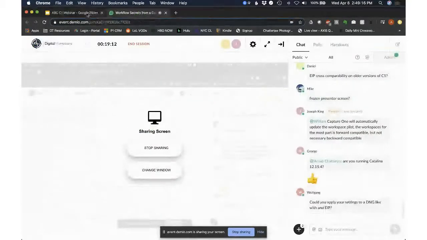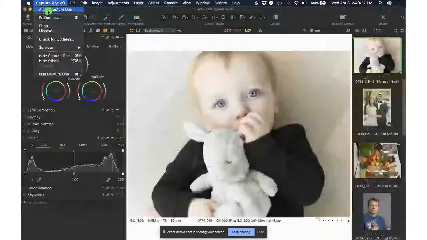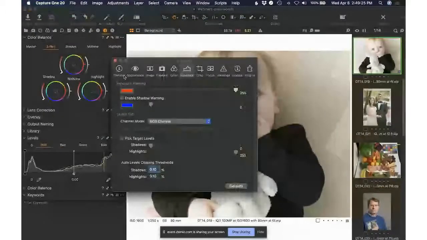Clipping warnings. This is something that I want to go through just while we're talking about preferences. If you look at the exposure tab here in your preferences, you'll notice that there are a couple of settings here. There's your exposure warning and your shadow warning. Shadow warning is not as important. It's disabled by default. I like to keep it on just so I know when I've crushed my shadows and blacks too much. But you're not really going to ever lose any information there if you're shooting on a high dynamic range back. Where you are going to lose information is on the high end